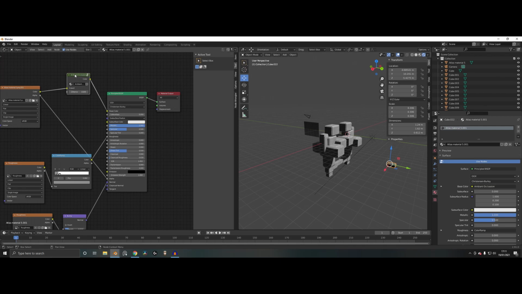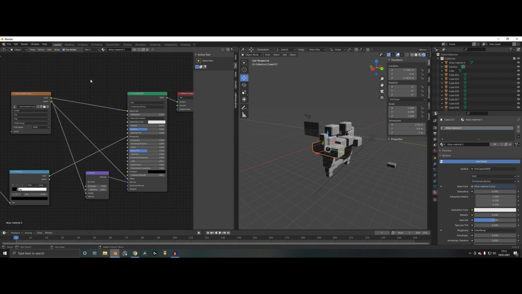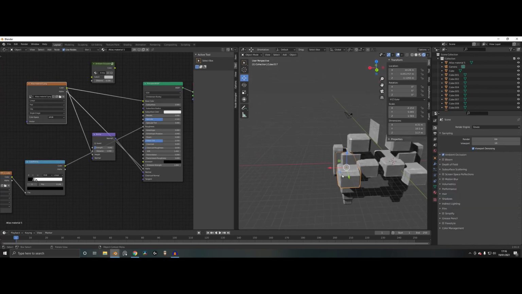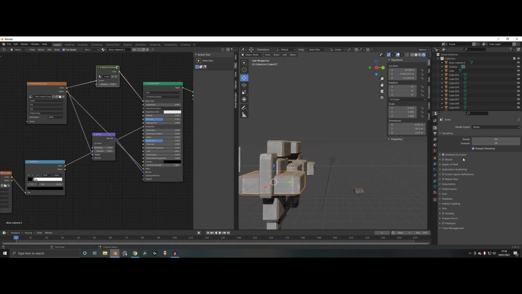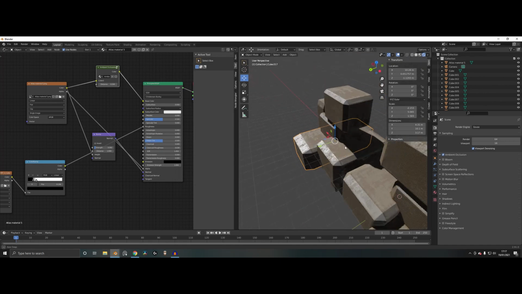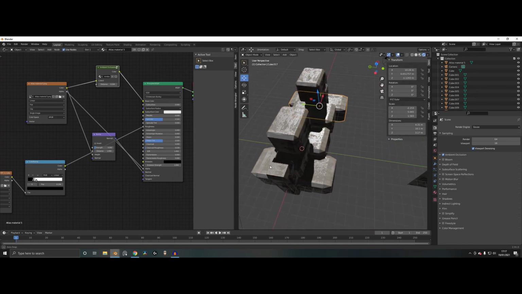So if I apply this, again, I'm not really a node expert, so sorry. Okay, so yeah, with the ambient occlusion, just copy and paste that into there, then run your color output through it, put it into base color, make sure that ambient occlusion is check marked in the settings over here, and yeah, you can sort of see it's creating this rust feel